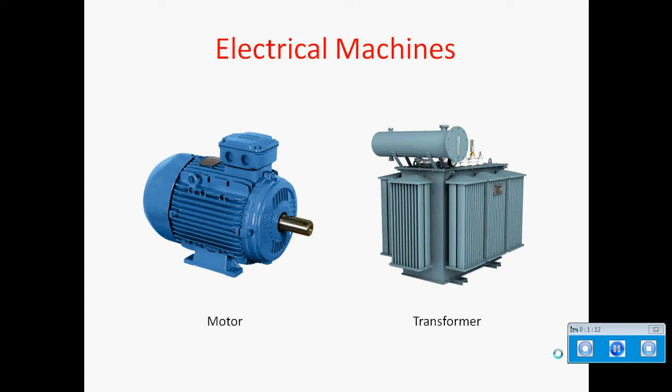The moving parts in a machine can be rotating, that means rotating machines, or linear, that means linear machines. Besides motor and generator, a third category is transformer. The transformer doesn't have any moving parts, but they are also energy converters. It changes the voltage level of alternating current.